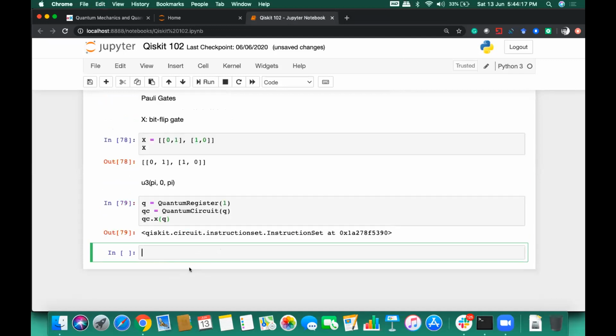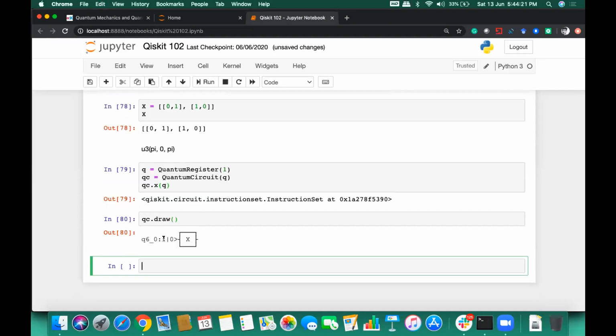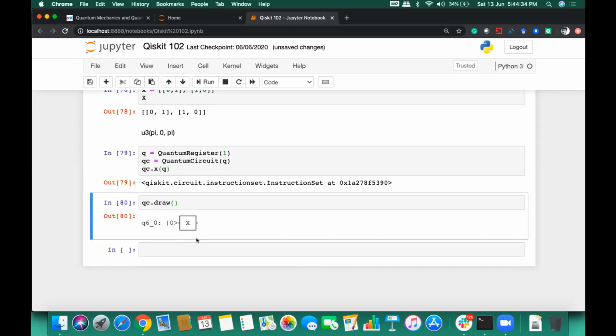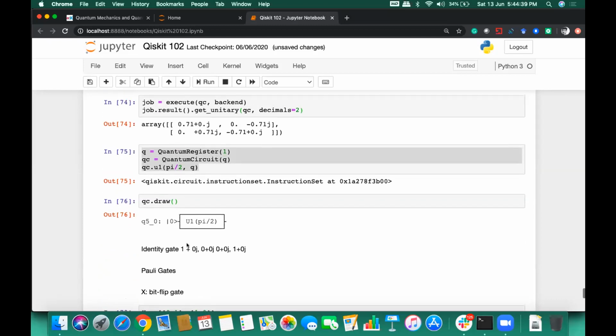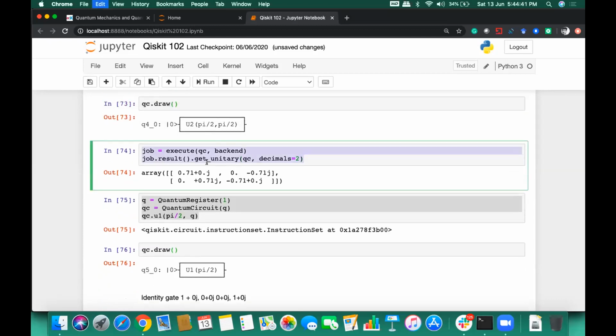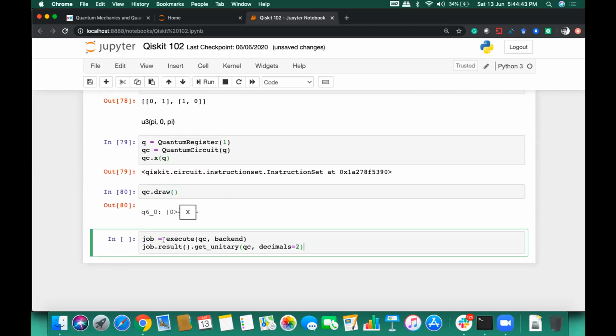If I have to see how the circuit looks, I can call the draw method. You can see we have applied an X gate on the qubit with the value 0. Now if you want to execute this at the backend to see what results we get, we can just execute the circuit at the simulator, and you can specify certain decimal values as well.